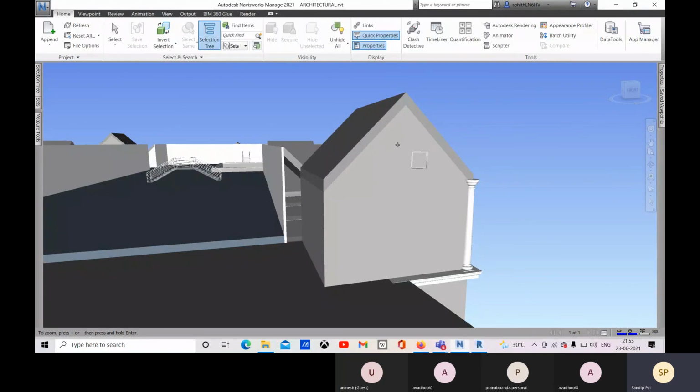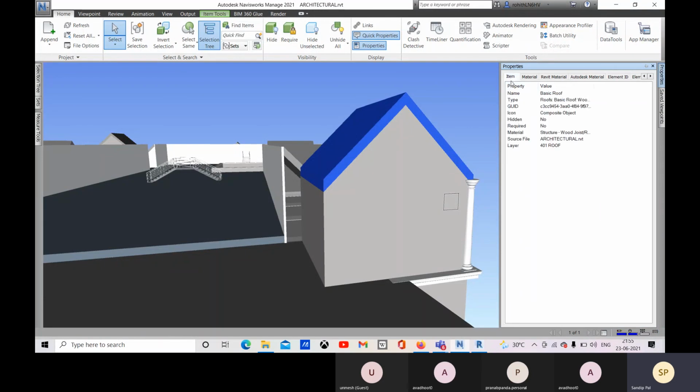And now we have other options for properties also. You can select any item. Suppose you select this and go for properties, and here you can see this is the item, and the name is basic roof. All this material and all this information is available here.